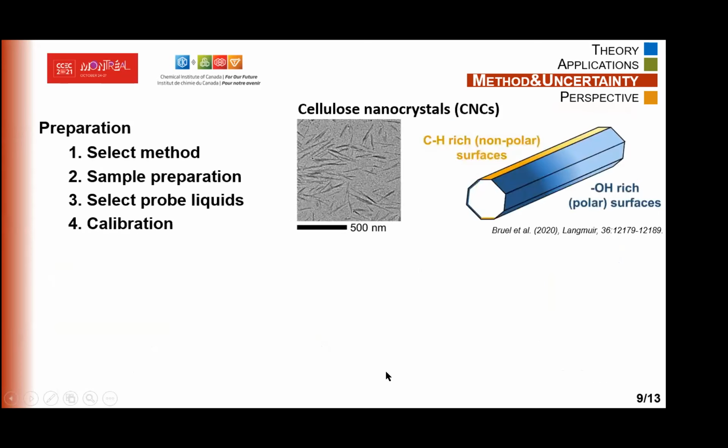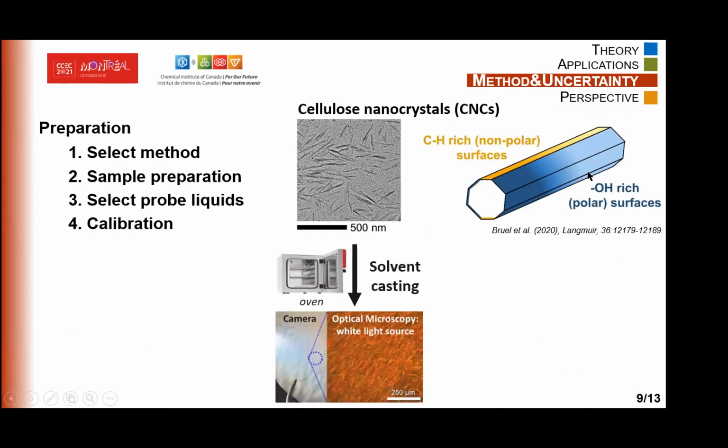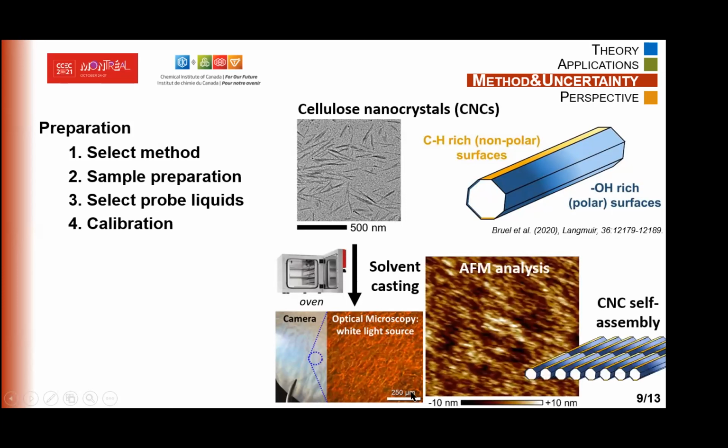So how does it work? Well, first you have a few preparation steps. You need to select the method, prepare your sample, select the probe liquid, and calibrate your system. In my case, I was working with cellulose nanocrystals, which are hydrophilic nanoparticles. I'm lucky because just using water, I can cast them in the form of a very flat film with roughness in the range of 10 to 20 nanometers,